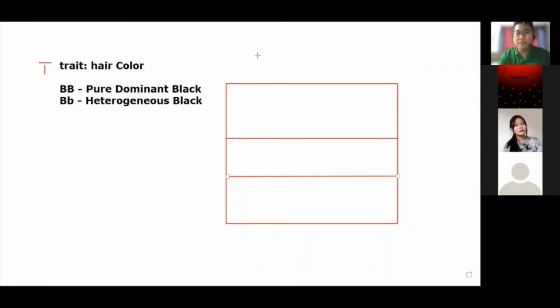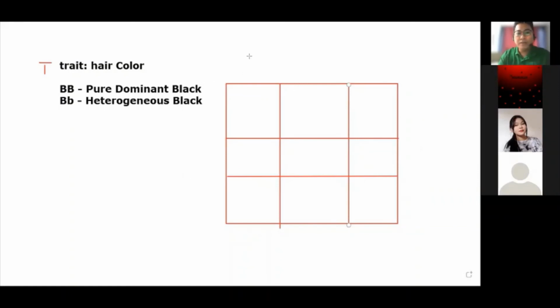Okay, so this is the 3x3 Punnett Square. Okay. So what we do first is ilalagay natin yung gametes ng parents sa taas and then sa gilid. Sa taas yung babae and then sa gilid yung lalaki, yung lalaking genes natin.